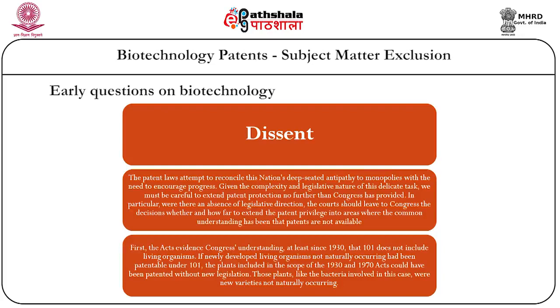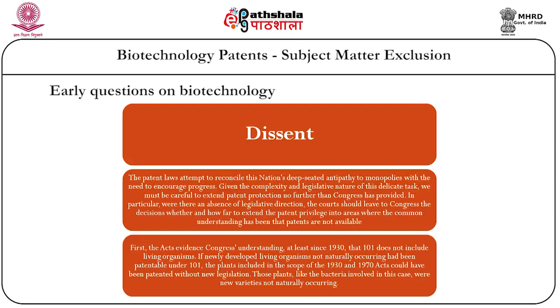If newly developed living organisms, non-naturally occurring, had been patentable under 101, the plants included in the scope of the 1930 Act and the 1970 Act, which provide plant patents, could have been patented without new legislation. Those plants, like the bacteria involved in this case, were new varieties not naturally occurring. So the dissent seems to stick on what should be the legislative interpretation or the judicial interpretation of the legislative